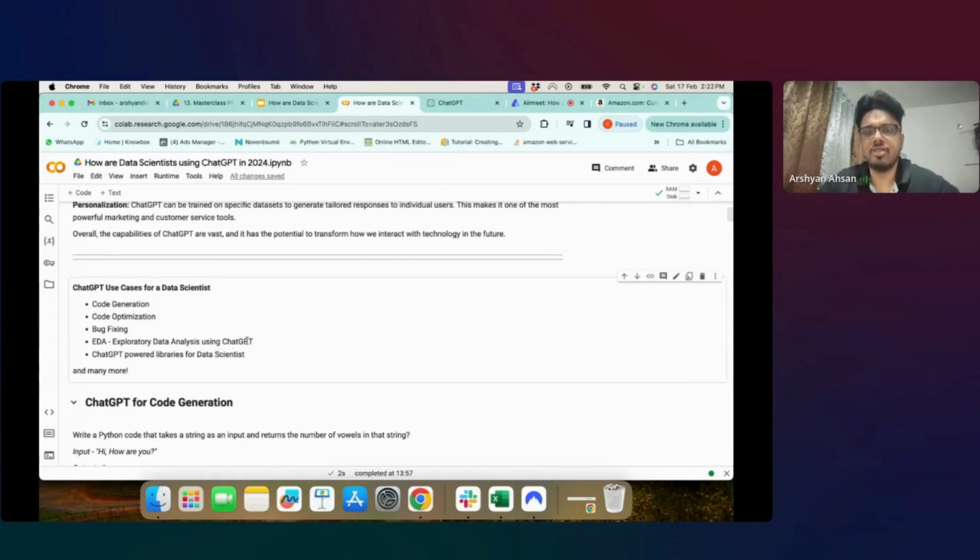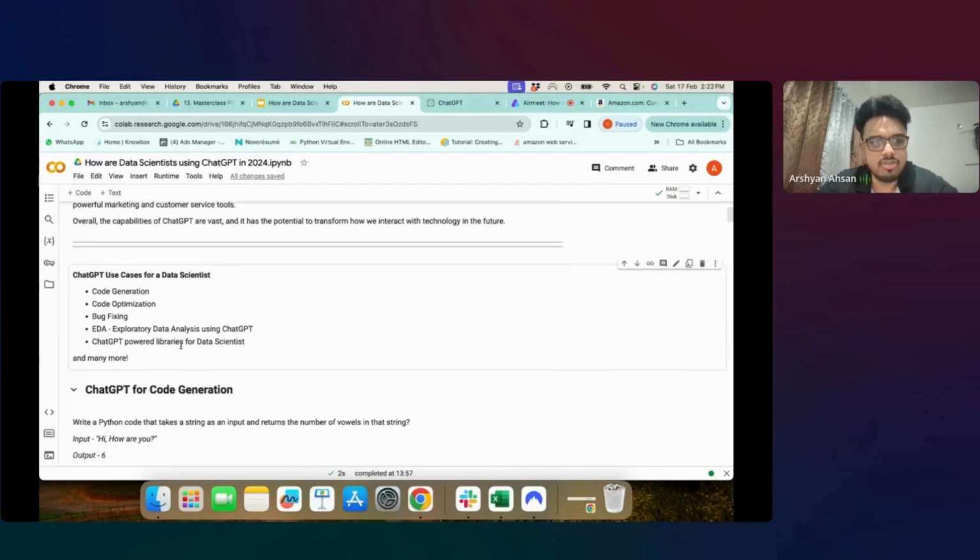And while doing this EDA, I will not assume that I have any knowledge about coding or any libraries that I'm using. I'll assume that whatever we are doing is from scratch. So stick with me, guys. And towards the end, we will be exploring a ChatGPT powered library that is pretty common and will become even more common or usable in the coming days. So these are the 5 broad constructs that we'll be trying to cover in the next 1 hour. So be here with me, guys. And in case you want to practice on the go, just open up a Colab notebook in parallel, and we'll go ahead with it.